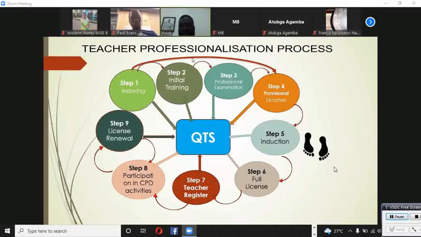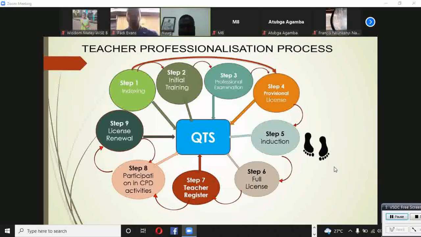The third process is the teacher professional examination, which we call the Ghana Teacher Licensure Examination. When you pass your licensure examination, you are given a provisional license. The provisional license enables you to enter into a Ghanaian classroom. That is what you are currently doing for your national service. Because the law says without the provisional license, you cannot step into the classroom to teach. Step 6 is where you are. Step 5 is the induction. You go through induction like what we are organizing for you now. Step 6, you are given a full